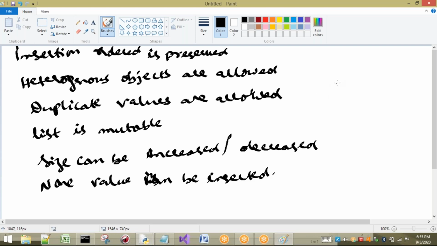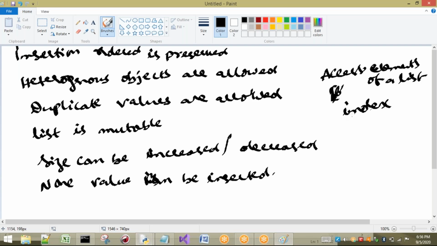So with this list, how can we access the elements? For accessing the elements of a list, we have two ways, the same as we saw with strings: by using the index, or by using the slice operator.